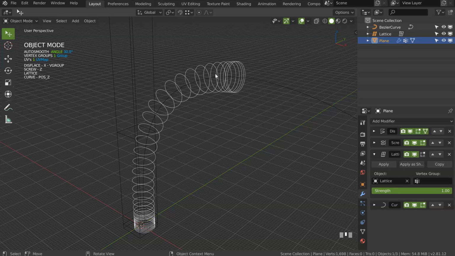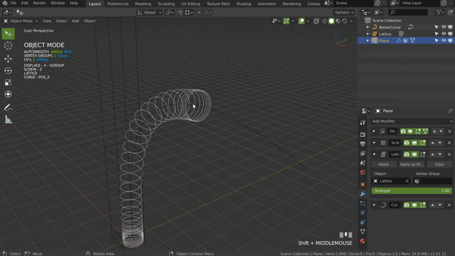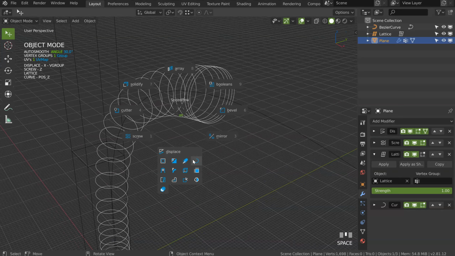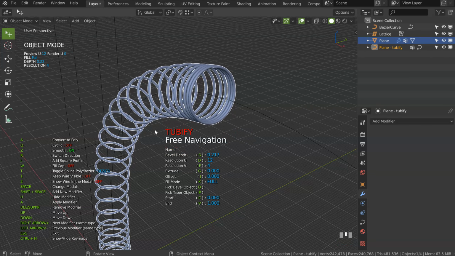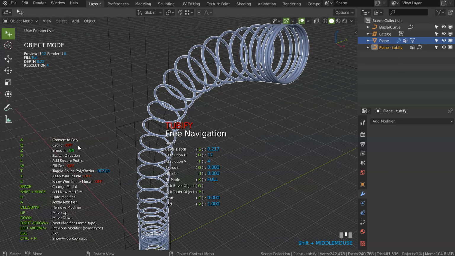And just like that, if we add this modifier, we could add some profiles and make a different form on our object, etc. So let's see, for example, use the tubify. Let's add some part like that, and if I have a profile, I will be able after to use the profile.